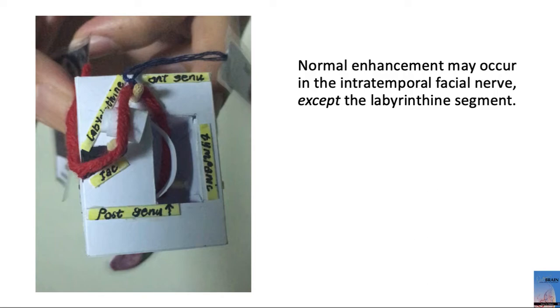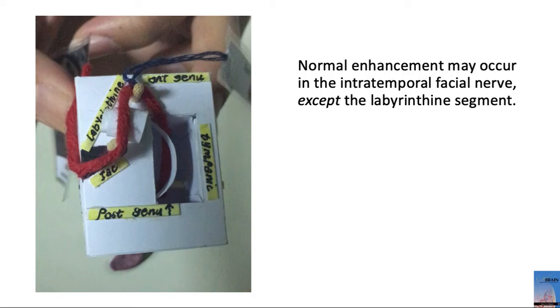Lastly, I would like to talk about facial nerve enhancement. So the facial nerve is the only cranial nerve which may enhance. But which part of the facial nerve? The intratemporal facial nerve has a normal, lush, vascular plexus that supplies the facial nerve. So, hence a normal enhancement of the intratemporal facial nerve is normal except for the labyrinthine segment, which is the